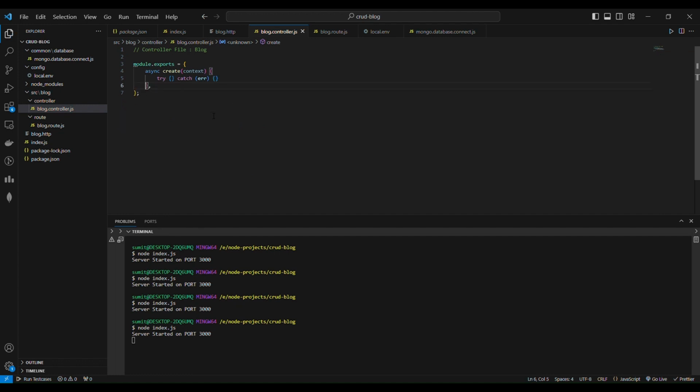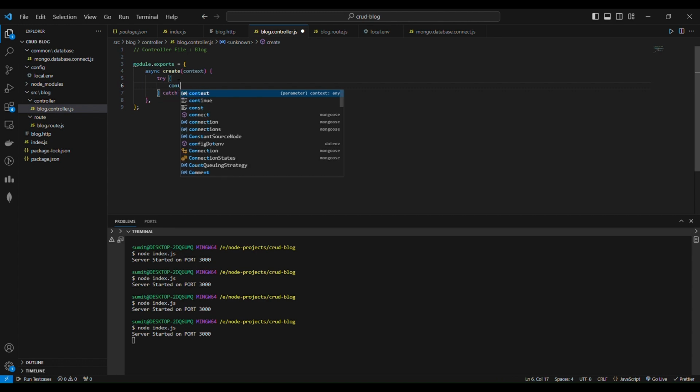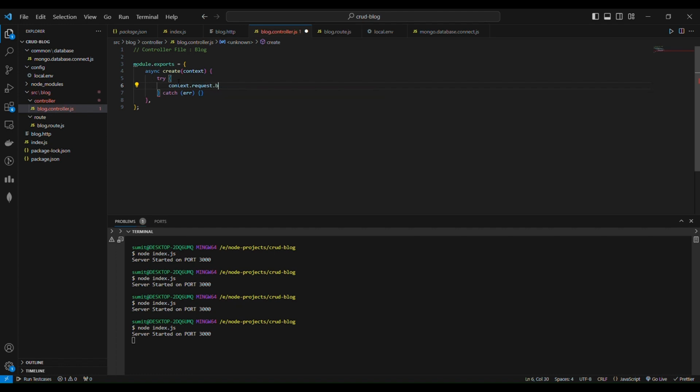We are just going to write a controller function, and then we are going to register a route for that controller function, and we are going to test whether it is working fine like we expected or not. So here, context.request.body, and we are going to send it into the context.body. Context.body is equivalent to the response,